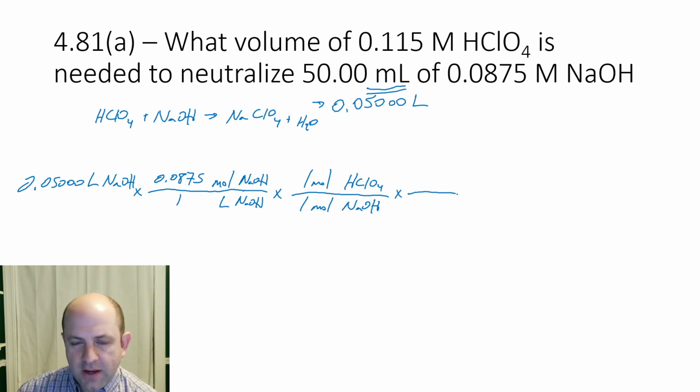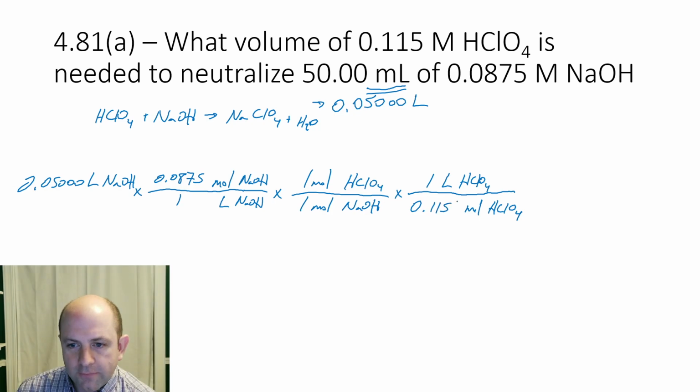All right, and then for the final one, that means, okay, moles of the perchloric acid go on the bottom. We'll have 1 liter of perchloric acid on top. The molarity is 0.115 moles per liter. And then we're ready to punch this in. So again, anything on top we multiply by, anything on the bottom we divide by. So 0.05 times 0.0875, and then divide by 0.115. We get an answer of